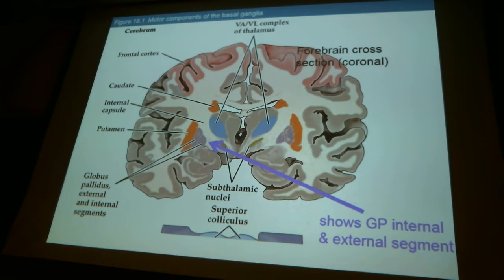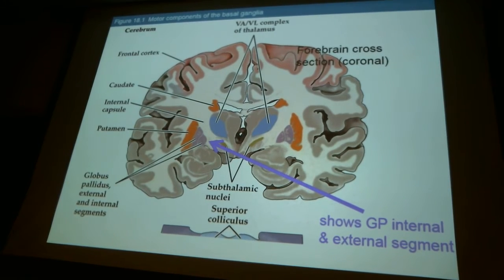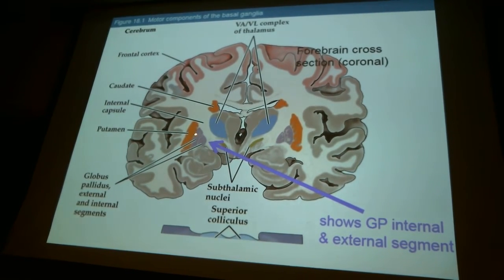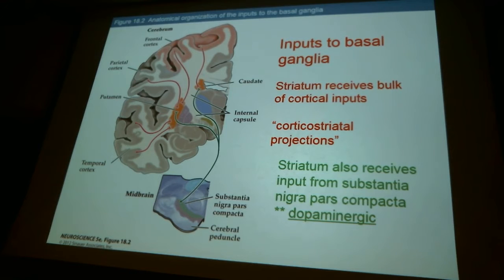Okay, this is just a blow-up of that last slide, just to point out the globus pallidus a little better. The globus pallidus itself can be divided into two components, the external and the internal components. Internal meaning a little more medial than the other. Okay, so the principal inputs to the basal ganglia are